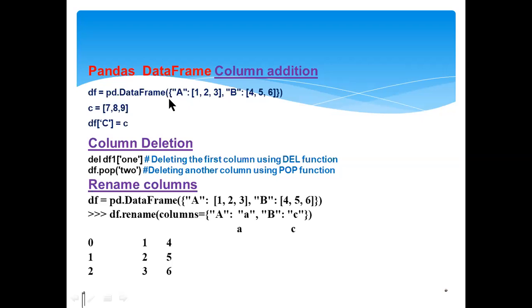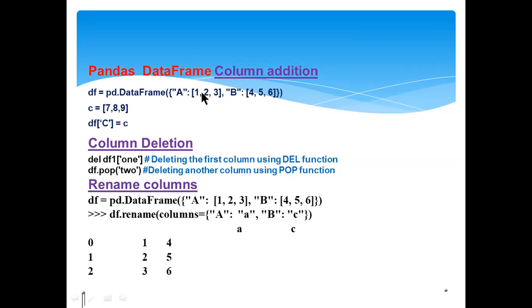DataFrame is a function. This rounded bracket is for the data frame, and inside it this curly bracket is for a dictionary. What is a? A is a key, and inside this key, 1 2 3 are the values assigned to a. Now b is a key, and 4 5 6 are the values inside this dictionary. So this bracket will be enclosed here.